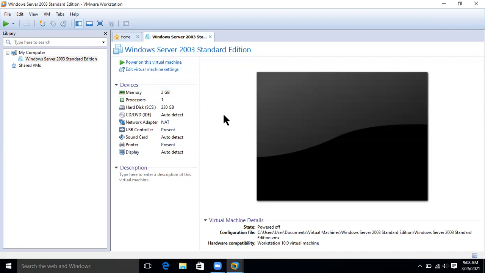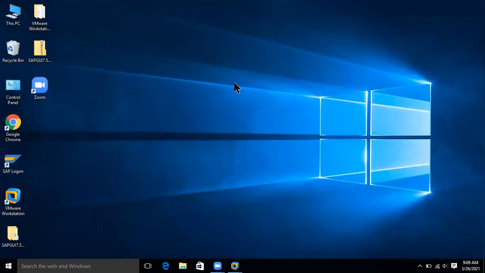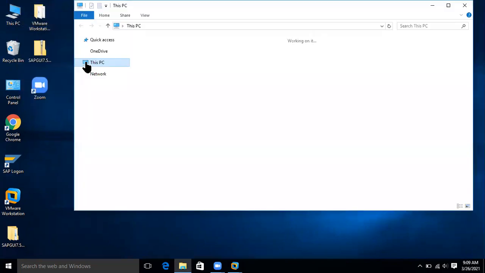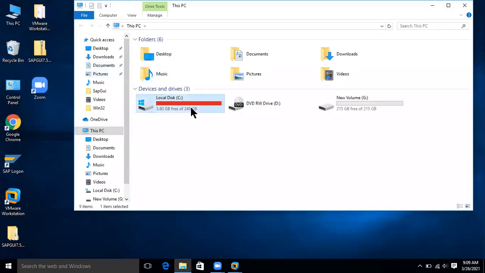Sometimes when you shut it down without properly closing the server or application, then your main SAP instance, where you have dumped all this application, let's say I have copied it into my C drive.